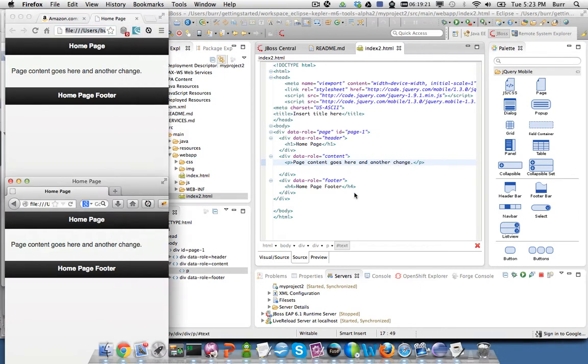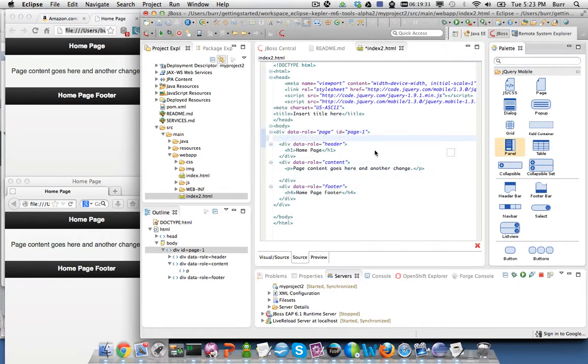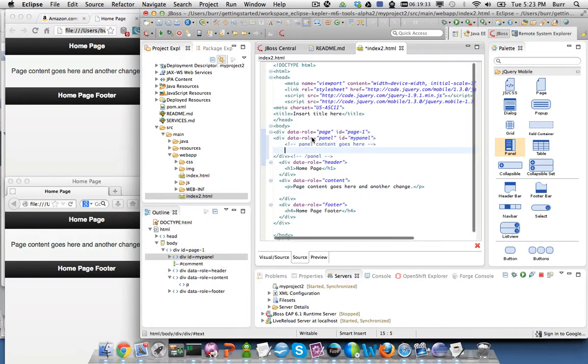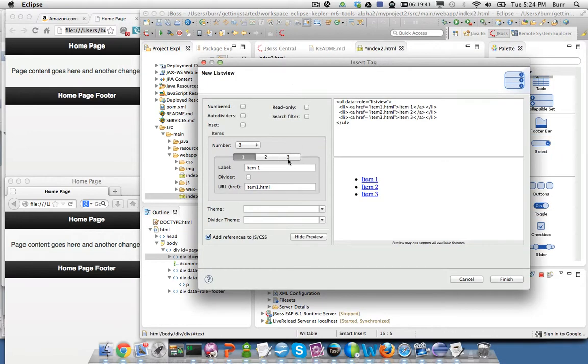All right, excellent. Now I'm ready to kind of build my app. So I got page 1 in here. Next thing I want to do is add a panel as my menu. I want a Facebook style menu, so I'm going to put a panel in here. Okay, and I'm going to put a list view in here. List view as my links. Okay, and I'm going to say,